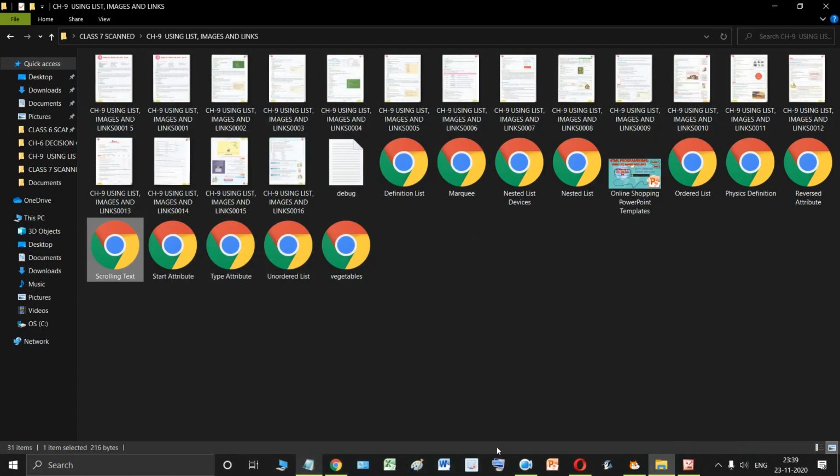From here to here the value is 200, and from here to here also 200. So the vertical space from here to the next element is 200. Okay, so this is the V space attribute.